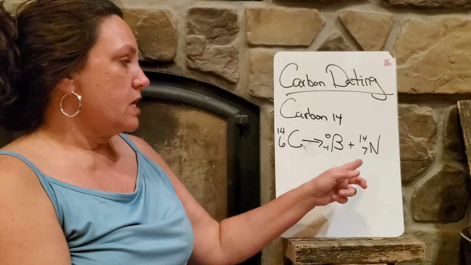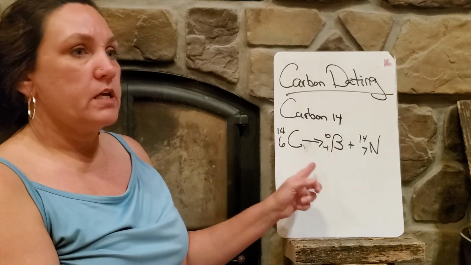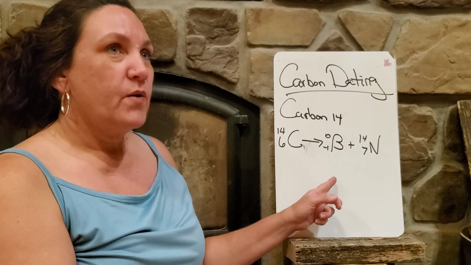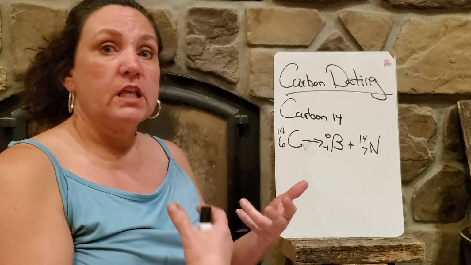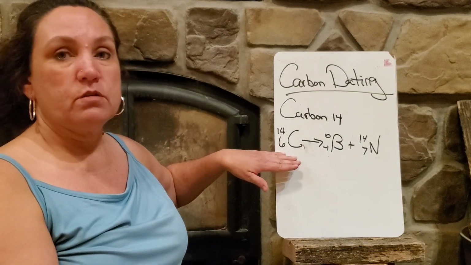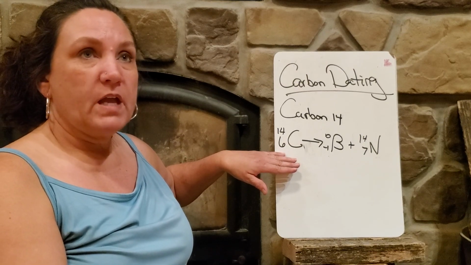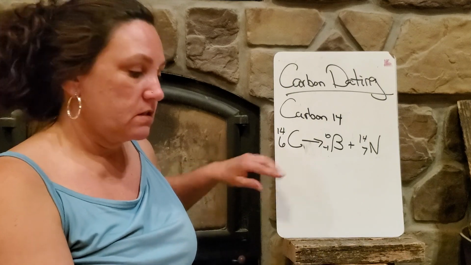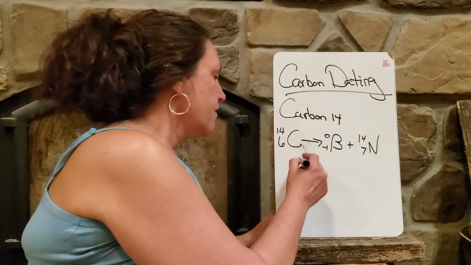If we can come up with the amount of beta that's being given off, we can kind of use that, like our half-life calculations, to work back to how many half-lives have passed in a substance. So the half-life was